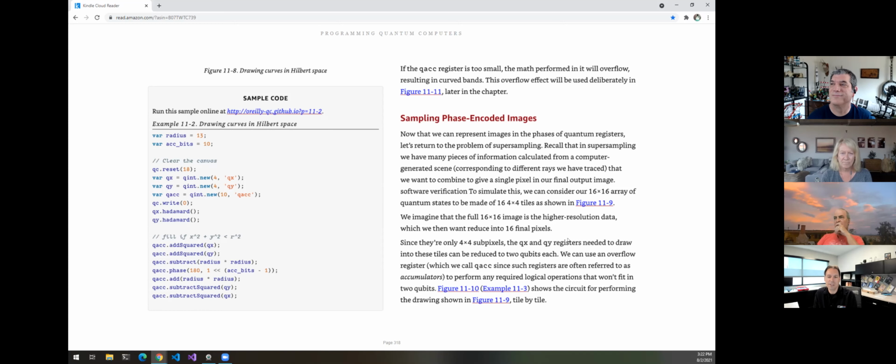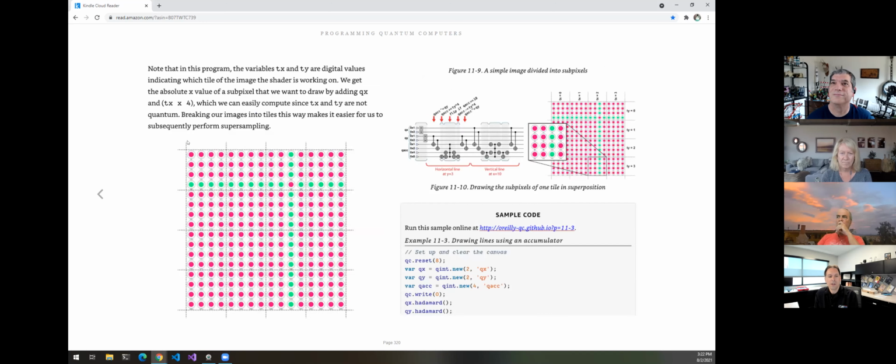To simulate this, we consider using a 16 by 16 array of quantum states made of 16 4x4 tiles. And so this gets back to, imagine this is the entire image. We're only going to work on one tile of this image at a time. And this is very common because your high-res image or whatever you're sampling, whether you're ray tracing, is often much larger than your conventional memory can allow. And so you'll work on a snippet of this at a time. Now, his example here,